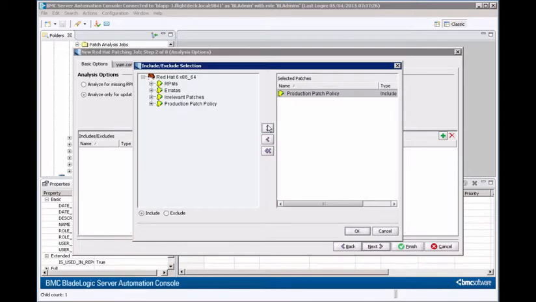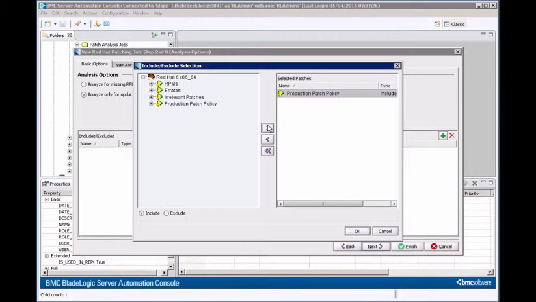Patch analysis jobs analyze patches by collecting an include list and then removing any patches from an exclude list. The contents of patch smart groups can change based on patch characteristics. It is possible for a patch to appear in both the include and the exclude list. If that occurs, the patch is not analyzed. Remember, the include list minus the exclude list gives you the patches to be analyzed.